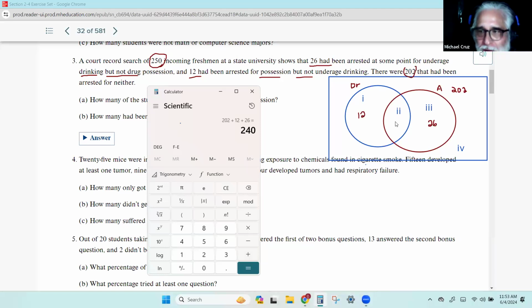What can I do to find out what goes right here? Take the 250 minus that total, which was 240. Since we only got one space missing, we can easily find it like this. So now, inside of here,